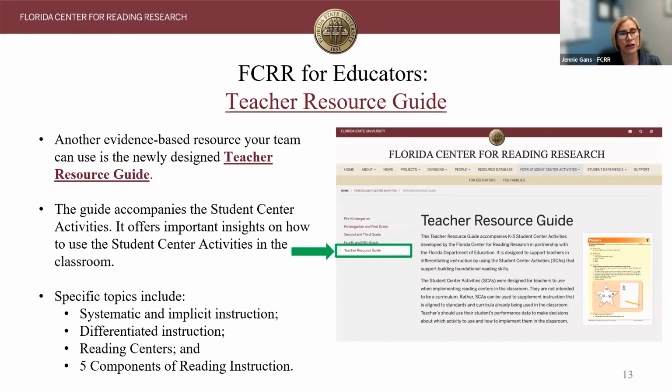Maybe it's not something you were familiar with in your collegiate courses, or you may have become a teacher through other certifications, or it may be your first time even teaching reading or English language arts, and this is just not something you're as comfortable with. So we encourage you to use it and get familiar with some information about developing reading centers and how we put them together, and really the best practices for doing so.